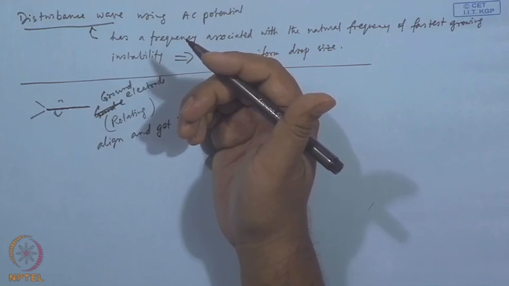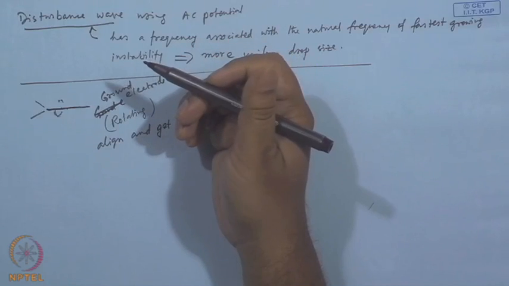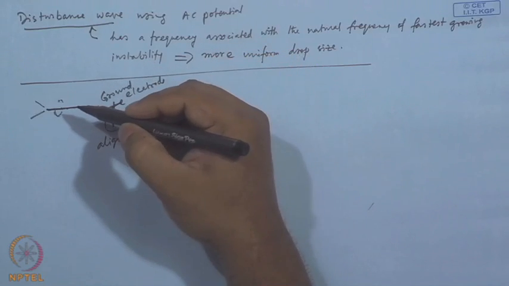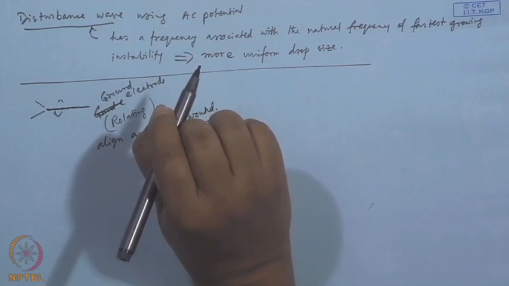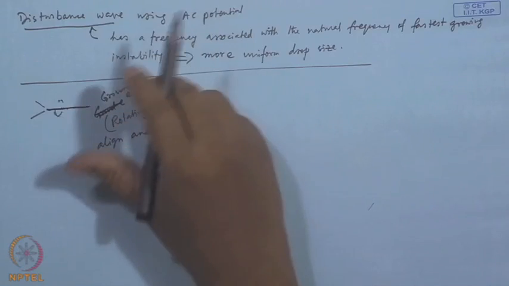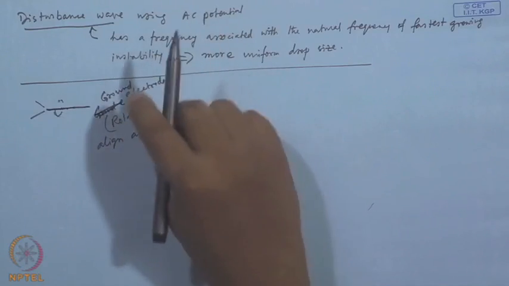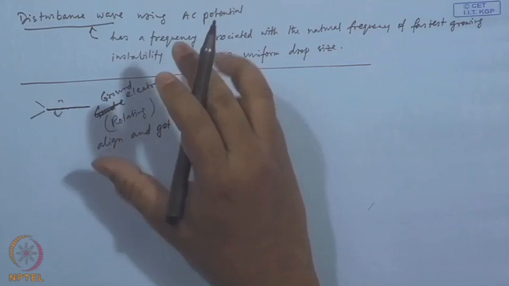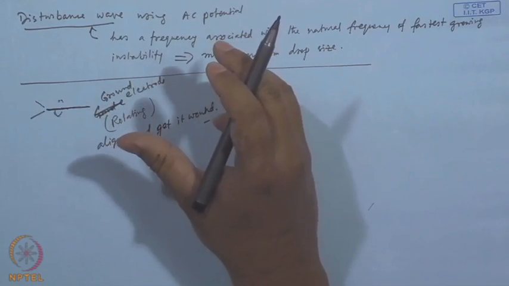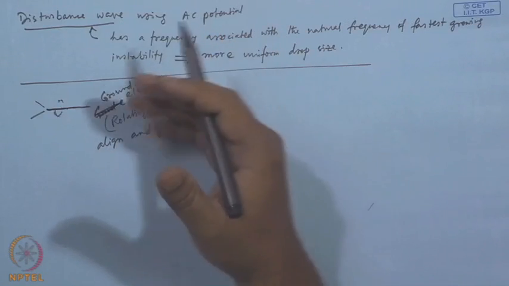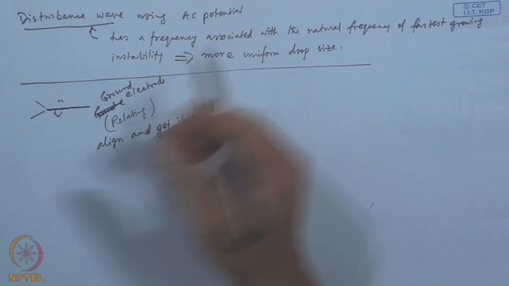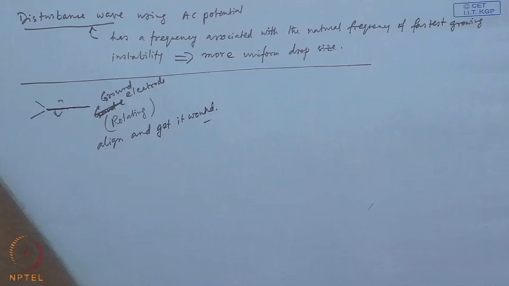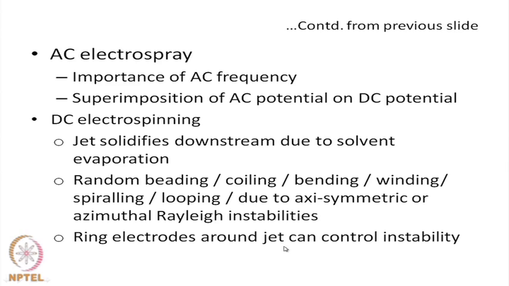That means you are producing a fiber of a very small diameter and you are rotating the ground electrode in such a way that you can wind and align it the way you want. That is allowed. However, DC electrospinning has these instability problems, and that can to some extent be avoided by using